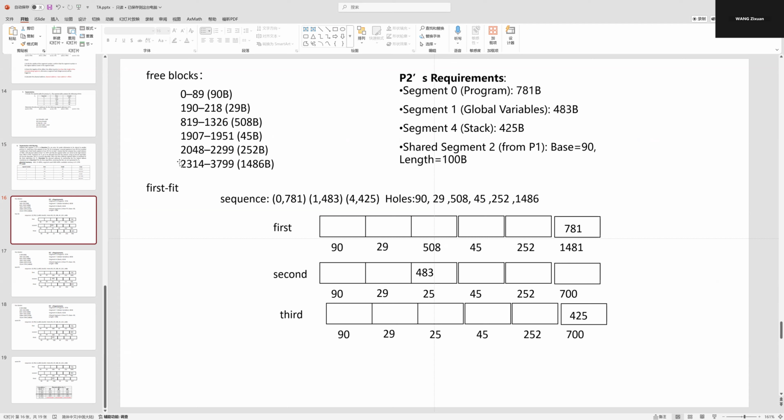We need to find the sequence. The sequence is this: the size, and this is a segment number, and this is the size. We can see that the sequence is this, and for the host, we just follow this, we can get the host number. So if you draw the first fit algorithm, we can get that when the first segment arrived,